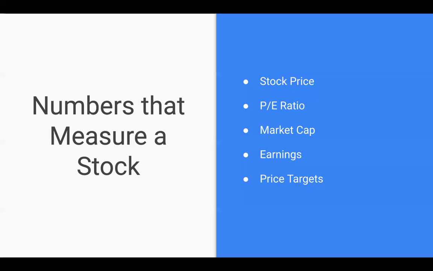So if there's a $20 stock, and then it's morning before trading hours, and a big analyst who has a lot of popularity says this stock should be a $60 stock, once that market opens, the stock price is going to go through the roof, because if you have these super credible analysts who are saying that this price is going to go up, then more people are going to buy it.